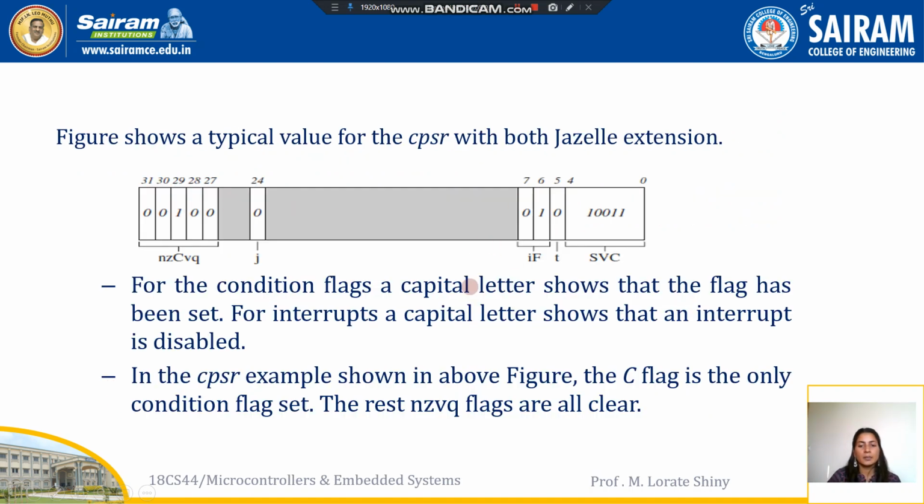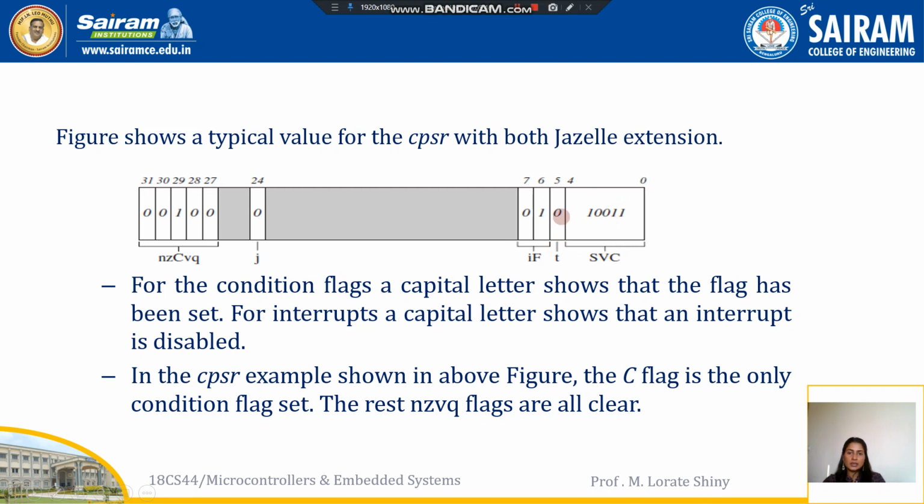So now we'll see here. This is one complete CPSR register from 0 to 31. These are the condition field. This is the Jazelle bit. This is the control field. In the control field, the first 5 bits are mode bits. Next, the fifth one is the state bit. Bits 6 and 7 are mask bits. Here we can see bits 0 to 4 are 10011. This is for supervisor mode. So by writing this, supervisor mode is being selected.